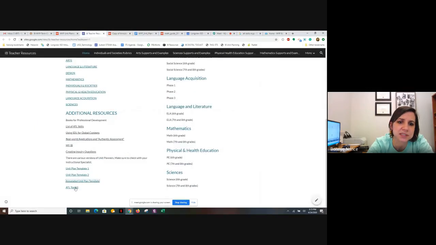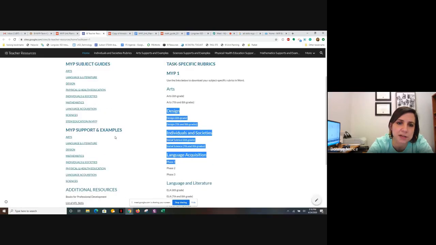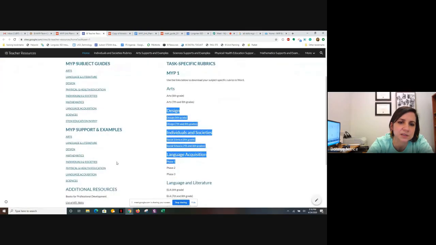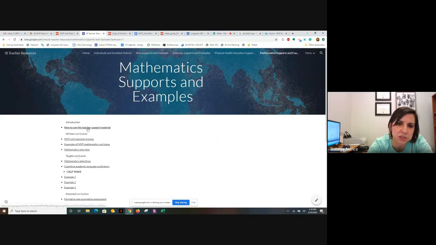Another good tool is there's an ATL toolkit there. I won't go through all of it, but there's also guidance for global contexts and authentic assessments and inquiry questions. This section over here is not completed. I'm going to be working on that. So this is a work in progress, but this site is definitely getting there. And under MYP support and examples, if you click math, which is your particular subject,